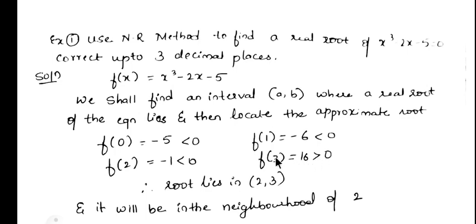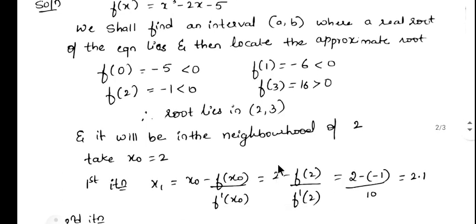Therefore, consecutively, the previous number of 3 is 2. When I multiply minus 1 into 16, it is minus 16, which is less than 0. Therefore, according to the condition, f of a into f of b must be less than 0. Here that condition is satisfied. Therefore the root lies between 2 and 3, and the value a, that is 2, will be your